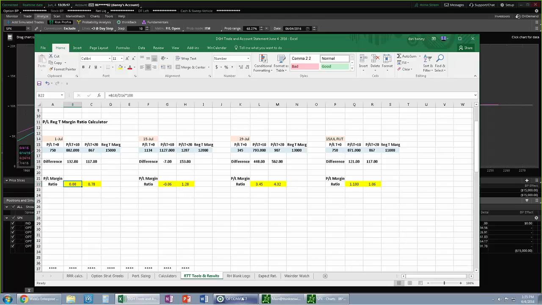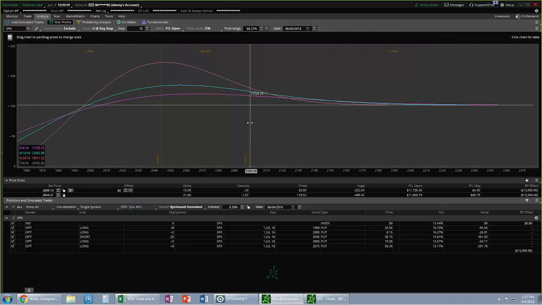You can get a lot of information, of course, simply by eyeballing these positions using the 10 and 20 lines. So obviously on the 1 July we're getting very close. So we need to be thinking about doing more reverse Harvey, but as Tom will show you, we need to